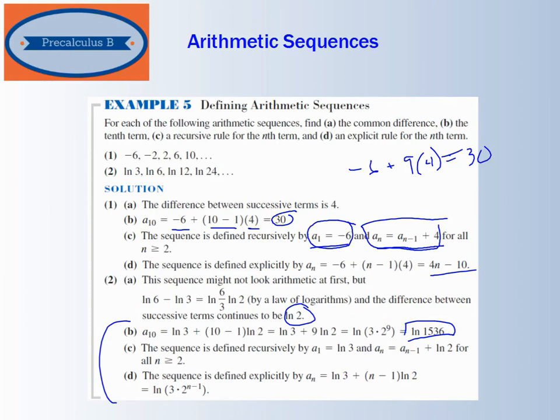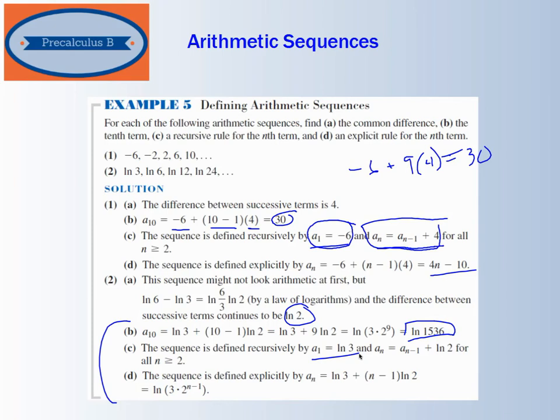And we can define the sequence by just defining the first term. a sub 1 is the natural log of 3, so a sub n is just a sub n minus 1 plus the natural log of 2 for all n greater than 2. And the explicit definition is the natural log of 3 plus n minus 1 times the natural log of 2,